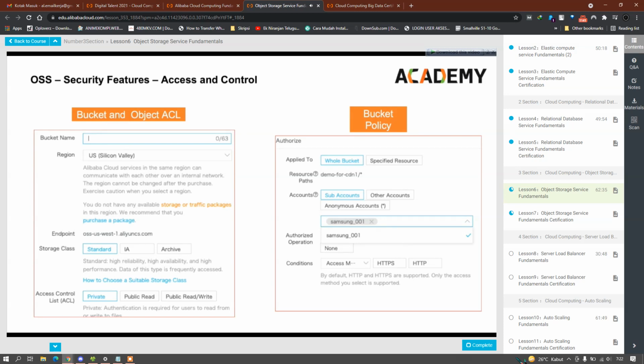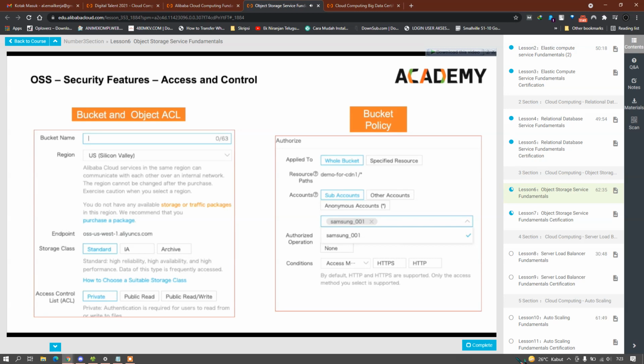That's a very dangerous option, and if you are using that, you should probably use it in concert with bucket policy. So bucket policy is here on the right. Bucket policy can apply to particular objects or to the whole bucket, and it allows you to set specific levels of permissions for RAM accounts, other Alibaba Cloud accounts, or anonymous users. And what you can do is set levels of permissions like whether the anonymous user, RAM account, or other account is allowed to read, write, and modify objects,